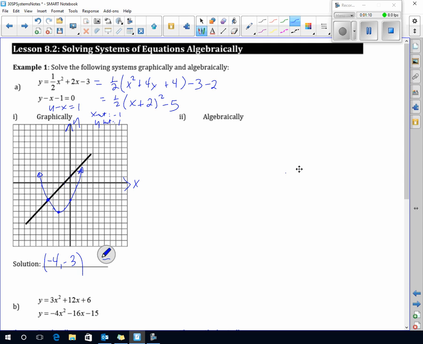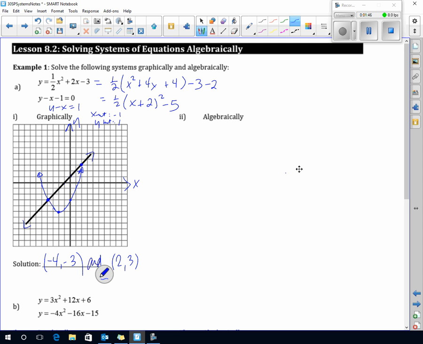Okay, so had a little bit of trouble knowing what that one point is, so there's got to be a better way. What's the better way? Doing some algebra. Okay, so back in the day, grade 10, you learned how to solve systems of lines algebraically using the elimination or the substitution method. So when we have y equals 1/2 x squared plus 2x minus 3, and y minus x minus 1 equals 0,